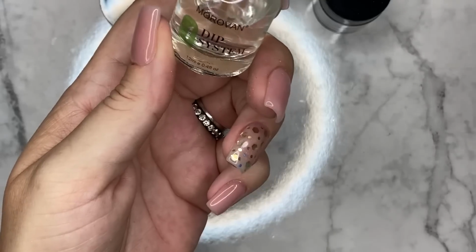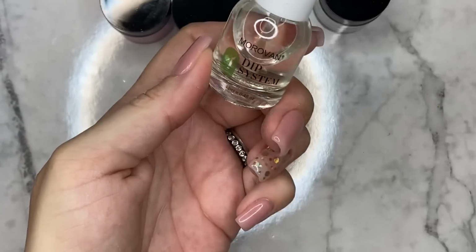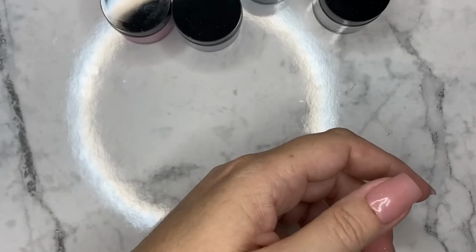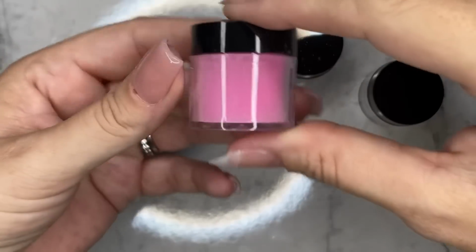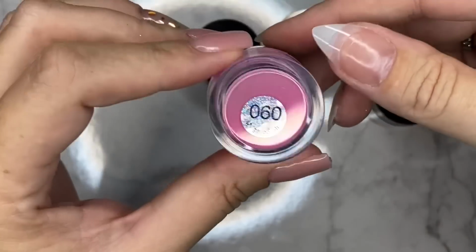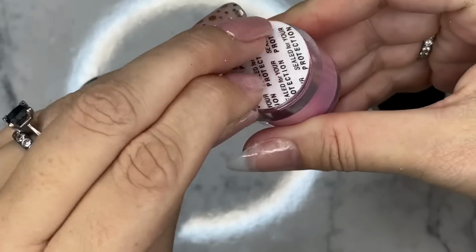I did another dip kit, which you will see coming up in a week or so, that had the same rating, a 3.4 star rating. And it was actually really, really good. So stay tuned for that. If you're looking for a good dip kit, it's coming. I promise you it's coming very soon. This one, however,